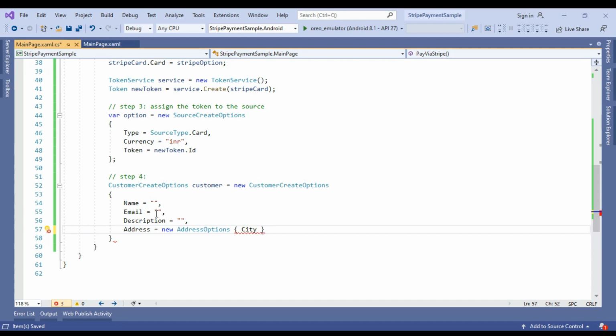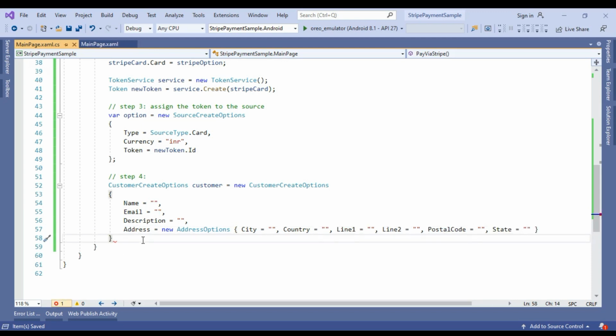Due to Stripe policy we have to pass the customer address, because Stripe will create a unique customer based on the address, not the email. So here is the customer create options.